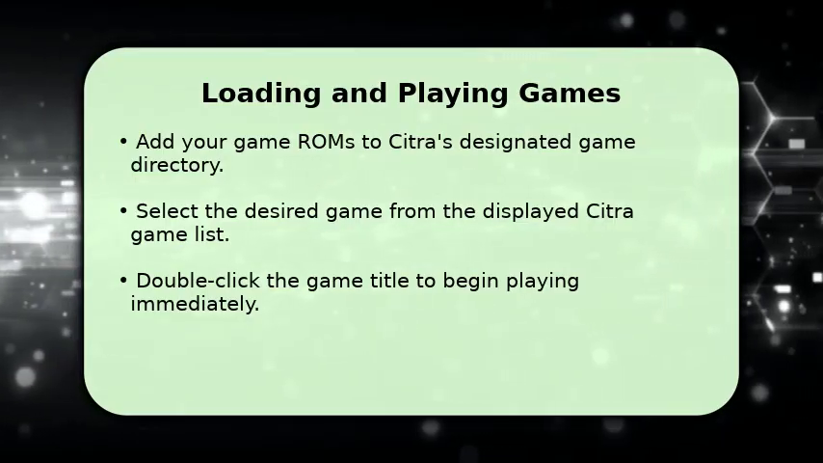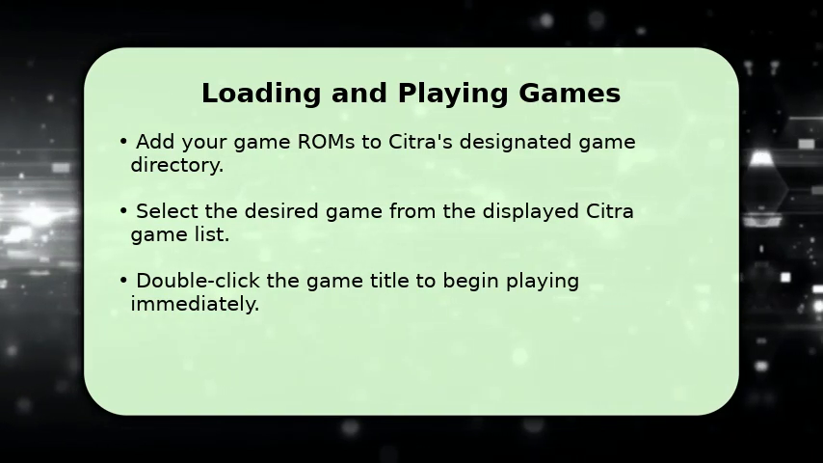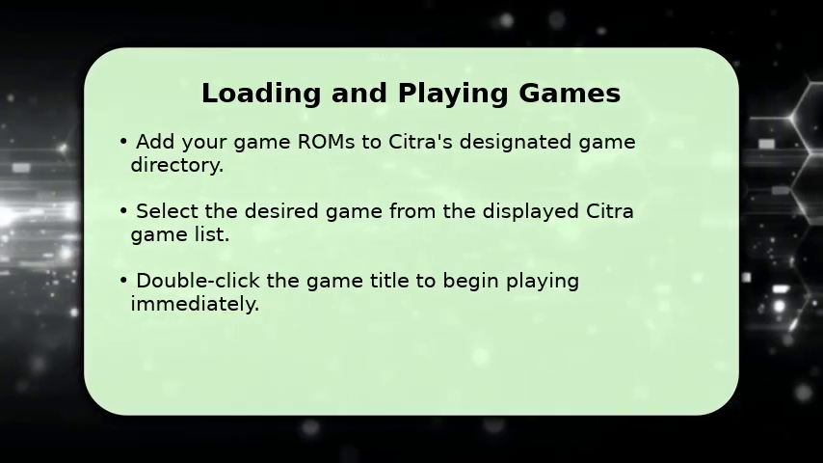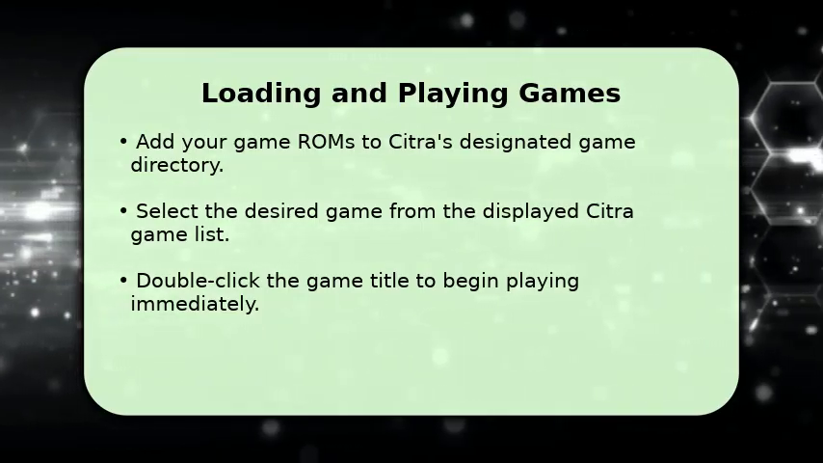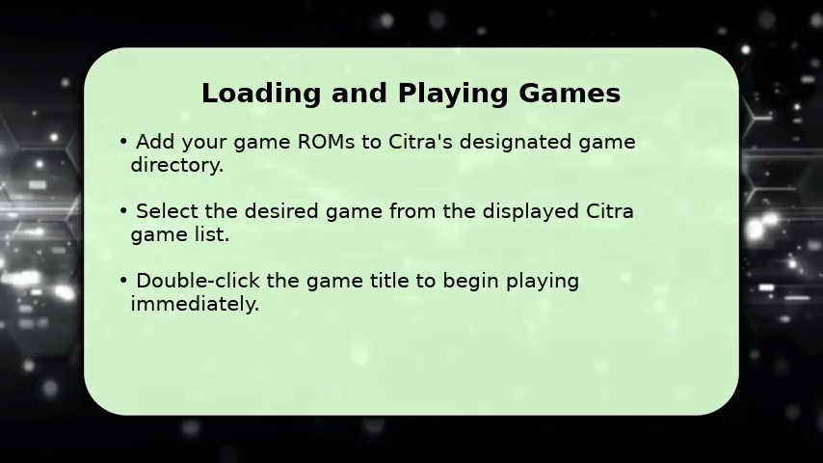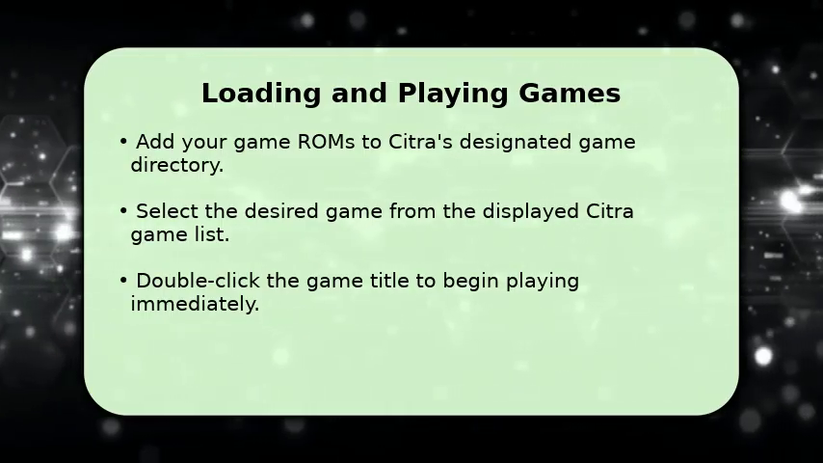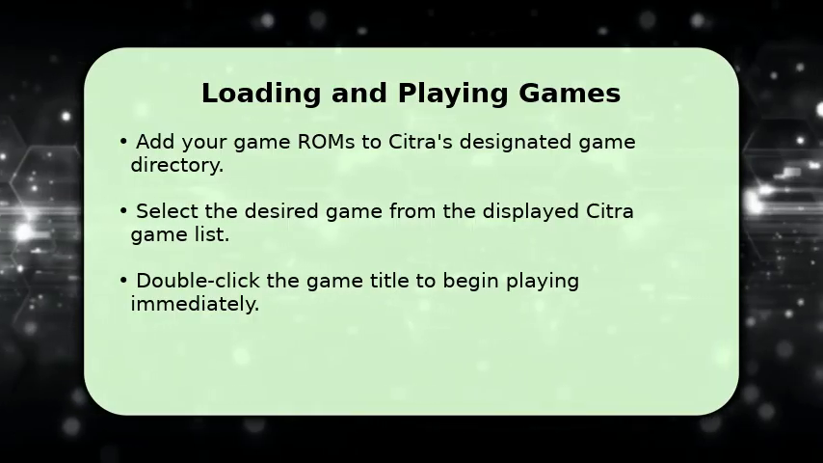First, add your legally obtained game ROMs to Citra's designated game directory. Once added, you'll see them appear in Citra's game list. Simply select the game you wish to play and double-click its title to launch it. Remember to save your game progress regularly within the emulator, just as you would on a physical console, to avoid